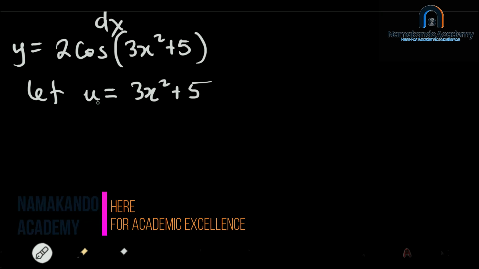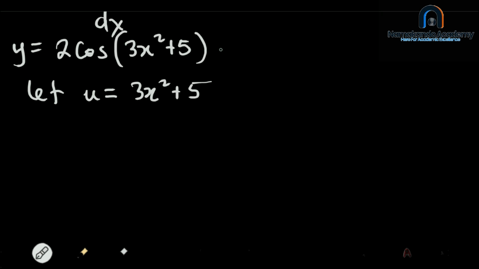Now this tells us that this function u, which represents what is inside parentheses, is a function of y, thus our y will be nothing but 2 cos u. From this arrangement, we simply obtain two functions, function u and function y, where u is with respect to x and y is with respect to u. So to differentiate u